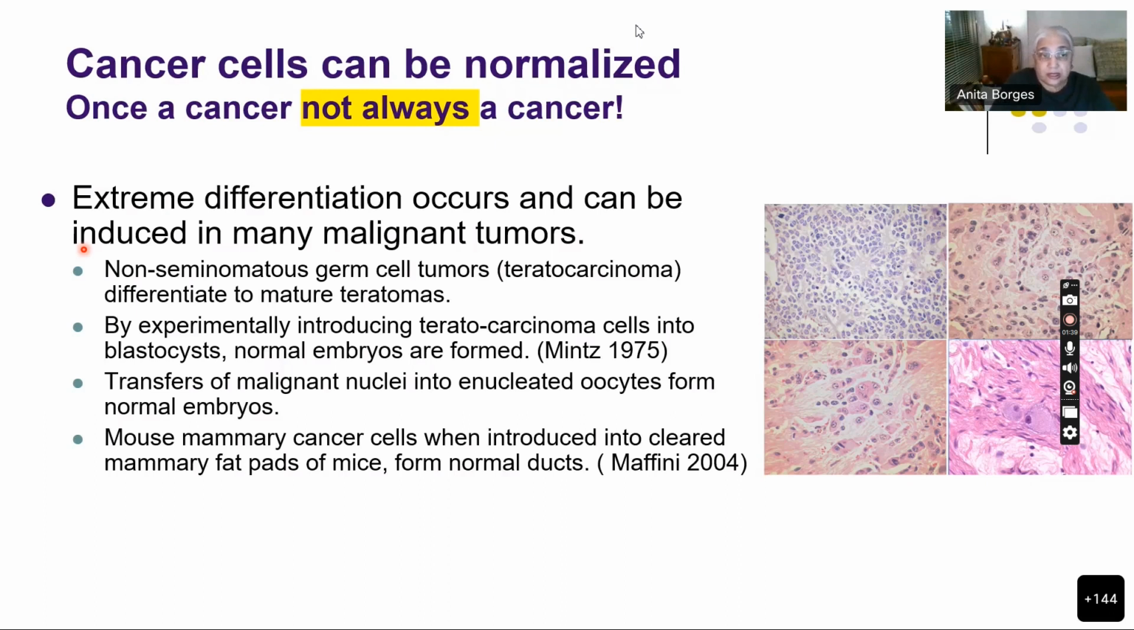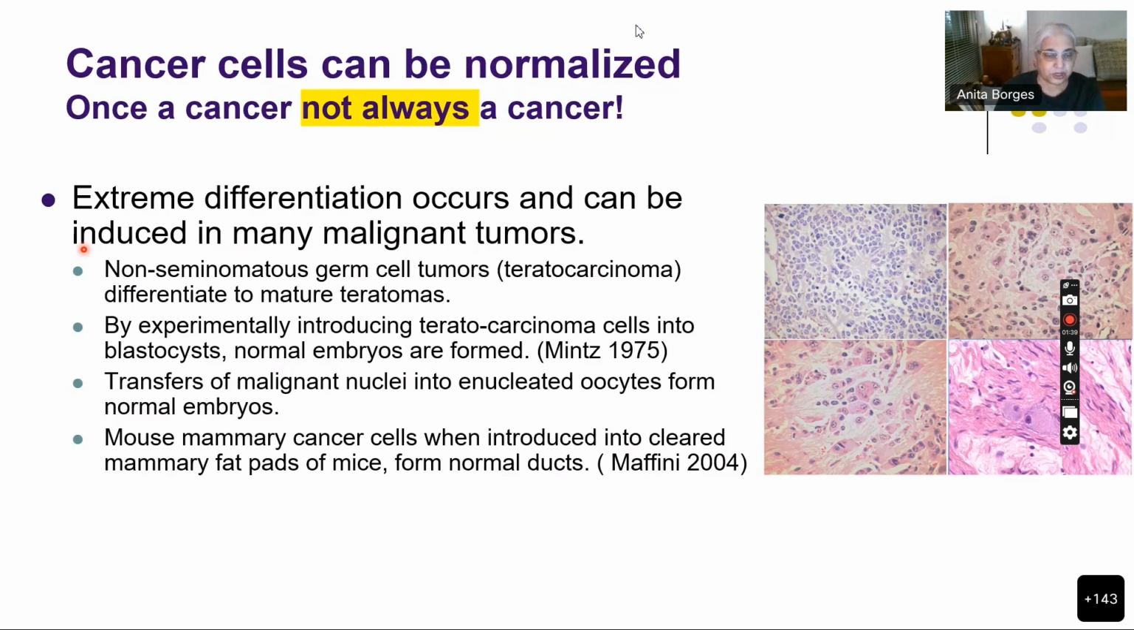Now, this experiment was done in 1975. Okay. On the other hand, you can take malignant nuclei, because I don't think cytoplasms can be said to be malignant. The genetic makeup of any tumor is in the nucleus. You take the malignant nuclei of a tumor and put them into enucleated oocytes. You take an ovum, obviously we do it in animals, we're not doing it in human beings, and you take out the nucleus of that ovum,